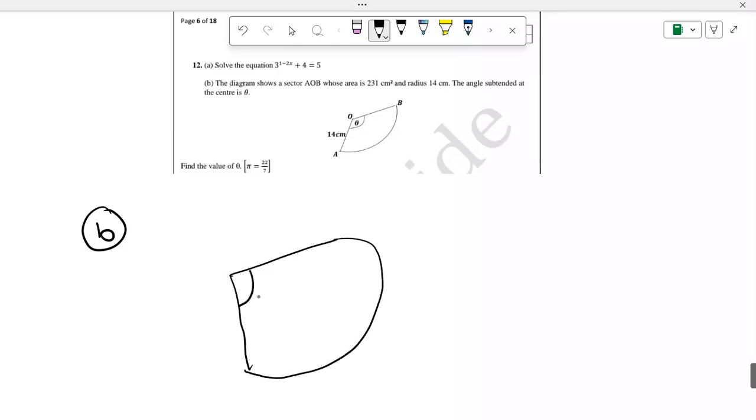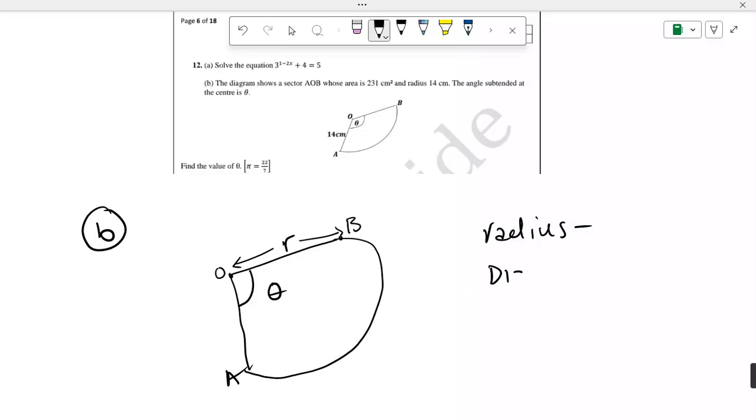Okay, so you have this angle theta. The radius is the distance from the center to the circumference, r. So that's a distance. This is O, this is A, this is B. You need to know some terminologies: radius,